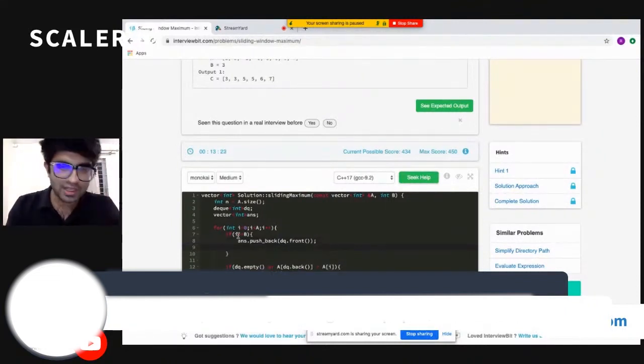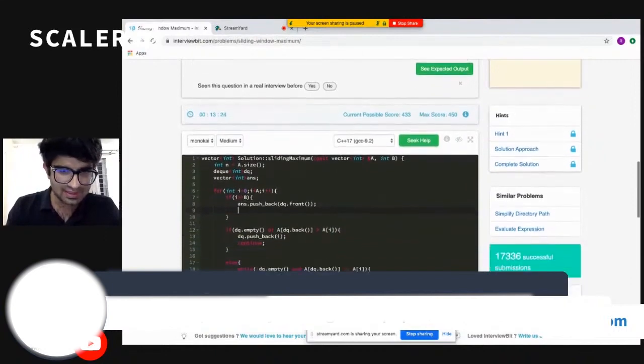Now I need to check whether the first element of my data structure is in the current window or not. For that, first I need to check the base case: if my deque is not empty, otherwise it will give us a segmentation fault. If my deque is not empty, the index of the element at the front, if it is the first element, is the 0th element.